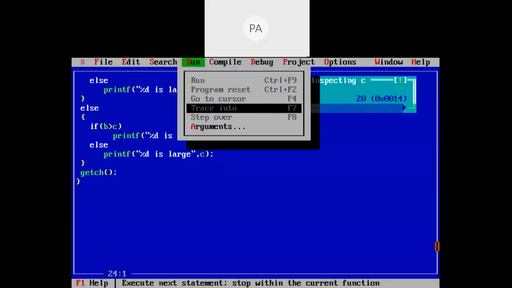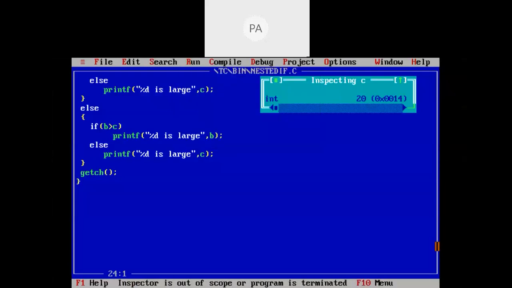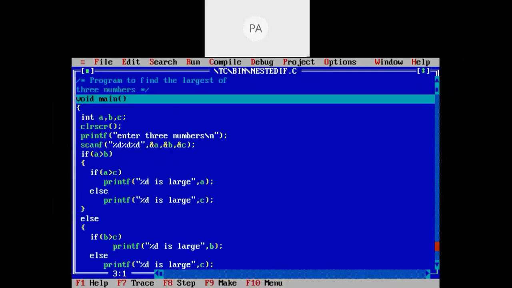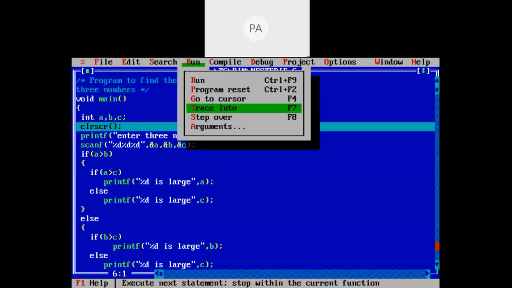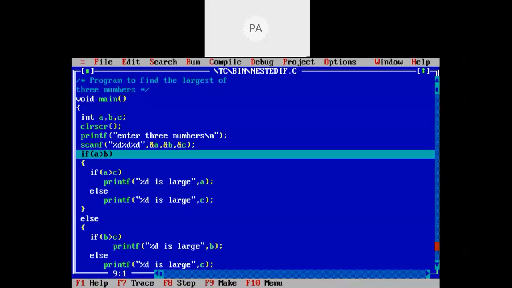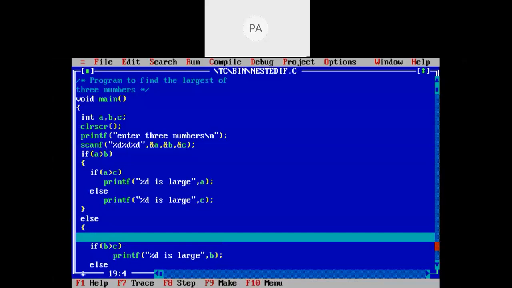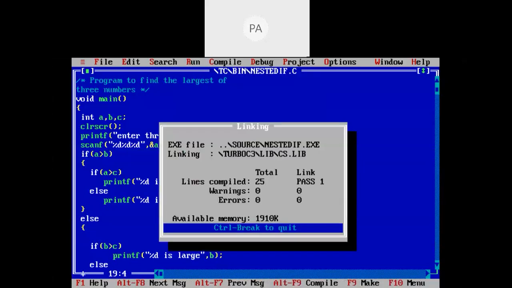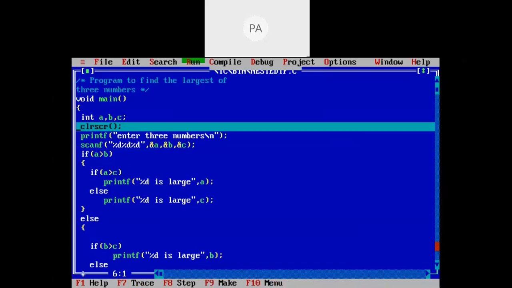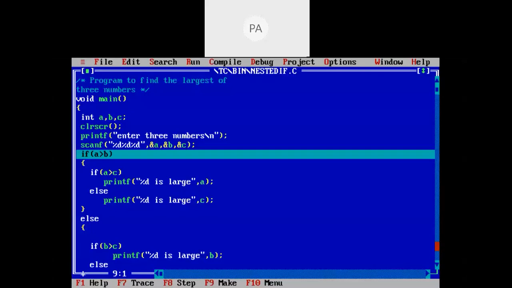Now we will give B value as the largest. Then we will check what happens. See, I am giving B value as the largest here.